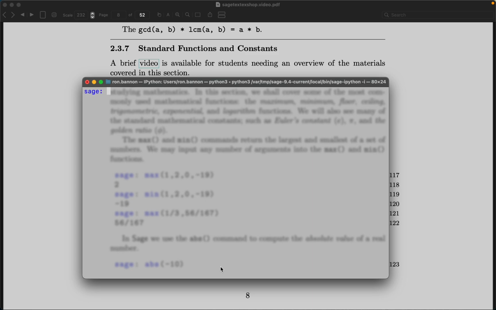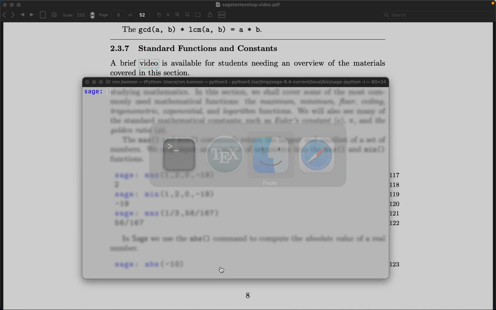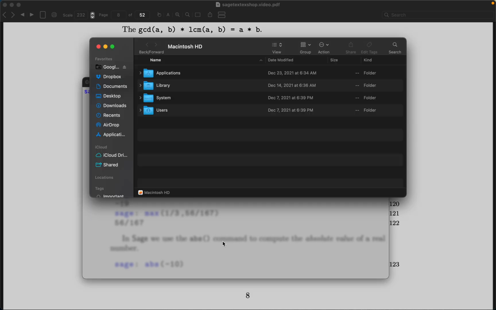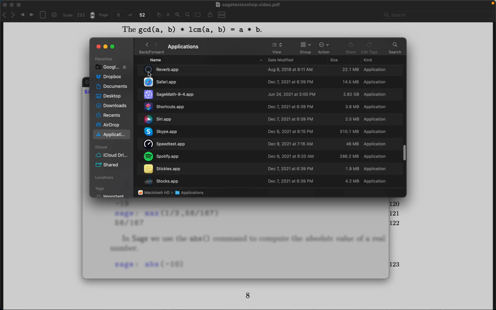Sage again. There's many ways to do it. What some people do is just leave Sage open all the time, right? What I'm going to encourage, though, is that you learn how to launch it in several different ways. One is to go to the Finder, New Window, Applications. Within the applications, just double-click on Sage,